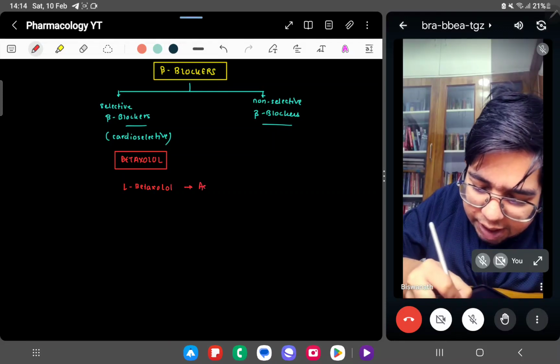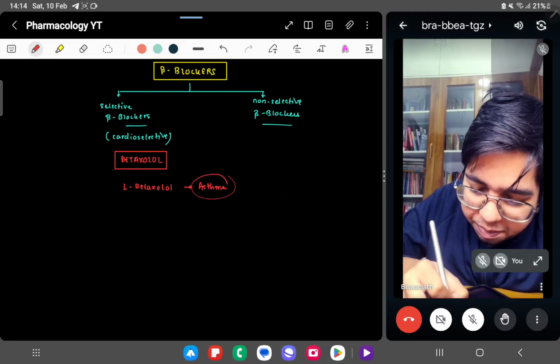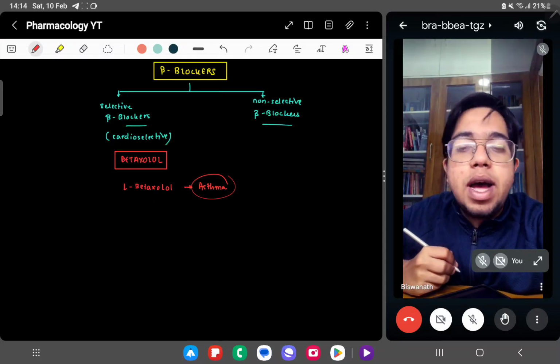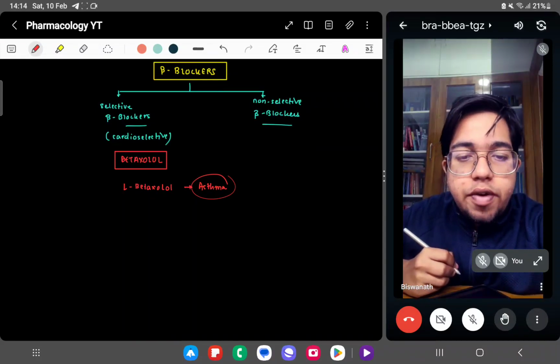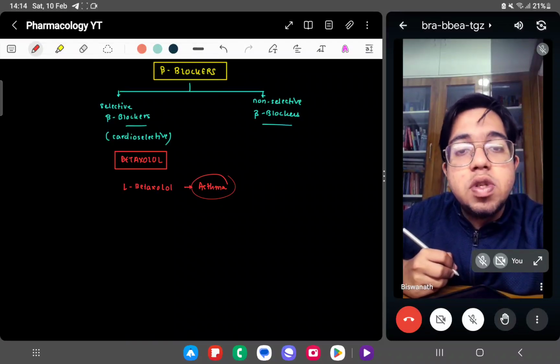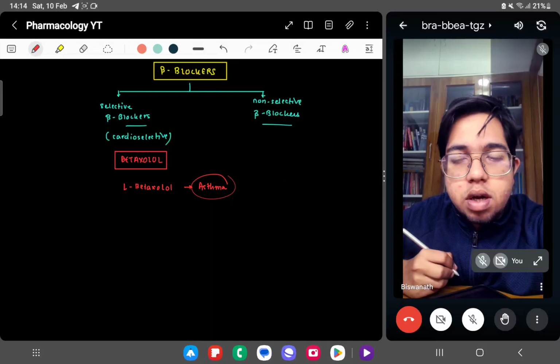it is very safe in asthma. If a patient comes to you with glaucoma as well as asthma, we will tend to use levobetaxolol to treat the glaucoma. Okay,